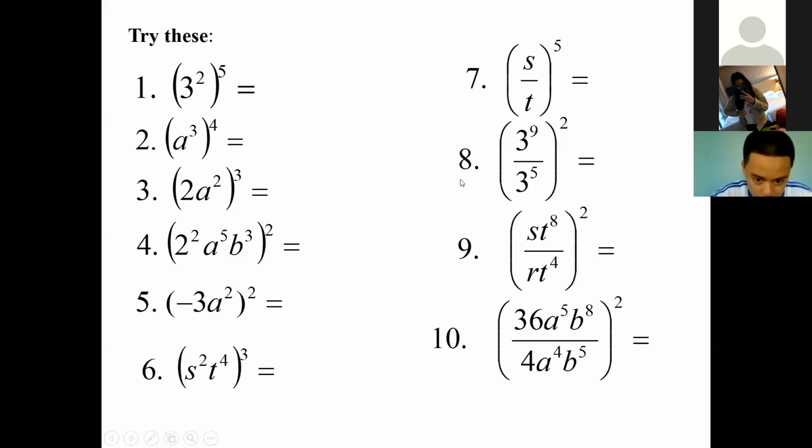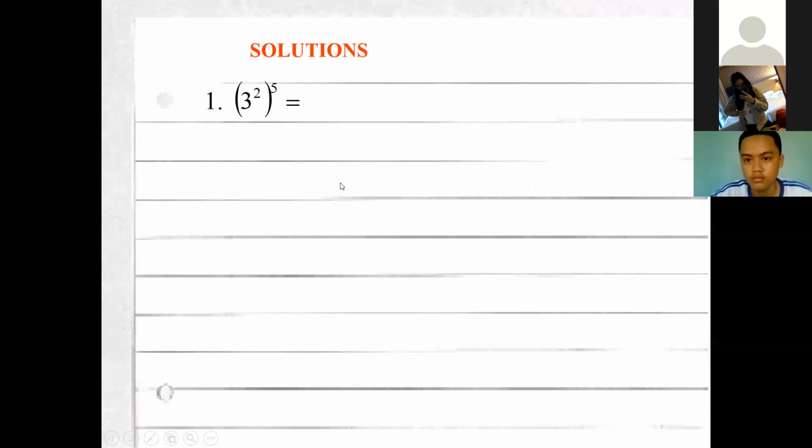Aliyah or Asia? 3 to the power of 10, sir. Very good. The number one's answer is 3 to the power of 10. If you wish to express 3 to the power of 10, bahala na kayo sa buhay niyo, no? But, sir, what if I will express my answer as 3 to the power of 10 only, but your final answer is not? I will consider both, class, actually.